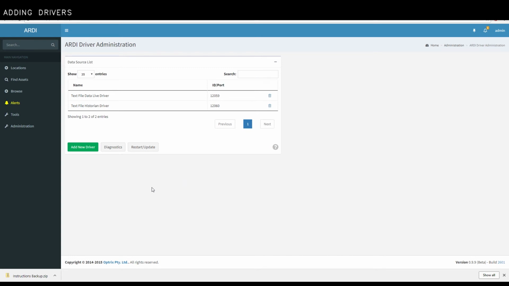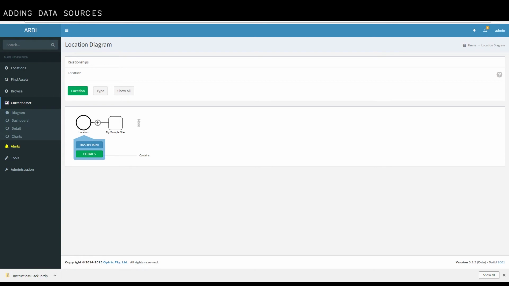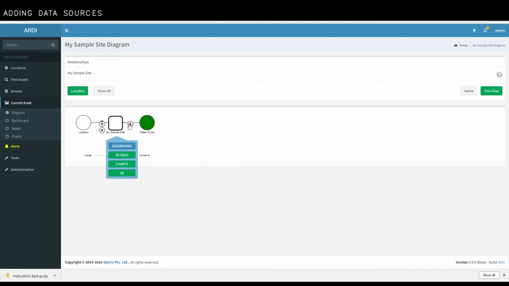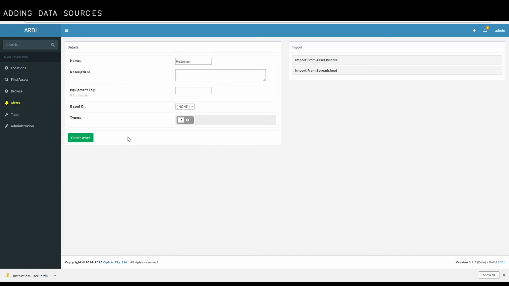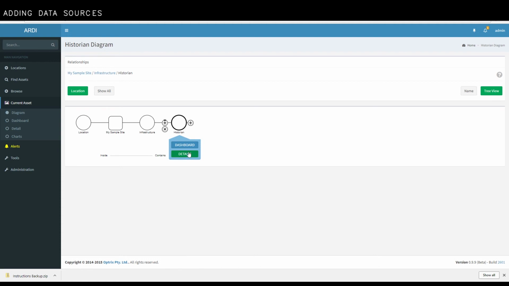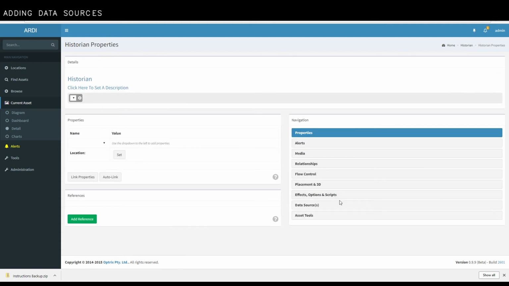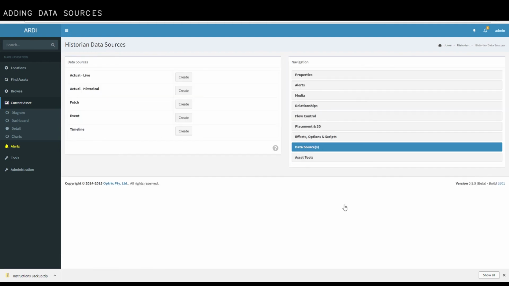And just like everything else in ARDI, your sources of data are assets too. So we're going to go in and create a place to keep our data sources. We'll call it infrastructure, but you could call it server room or however everything's all built. So now we're going to build an asset for our historian. There we go. So we go into the asset, we choose data sources,